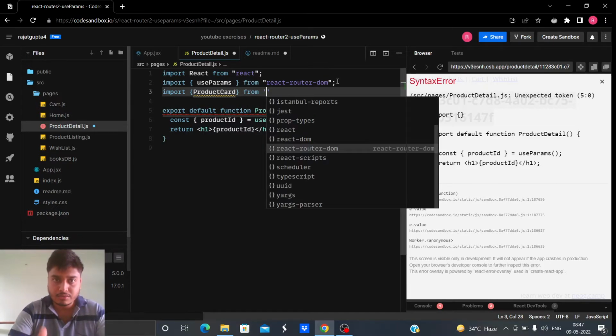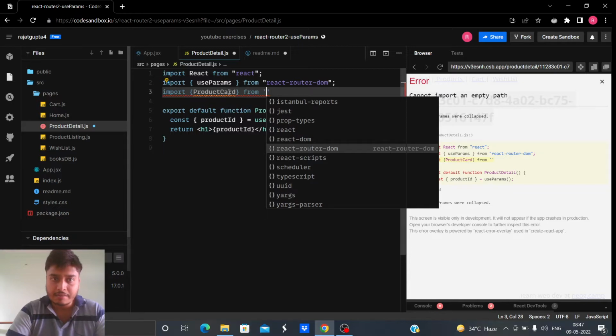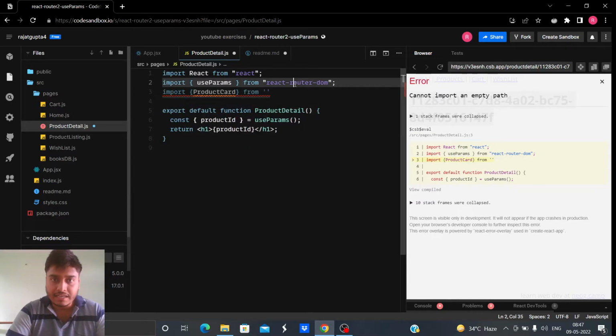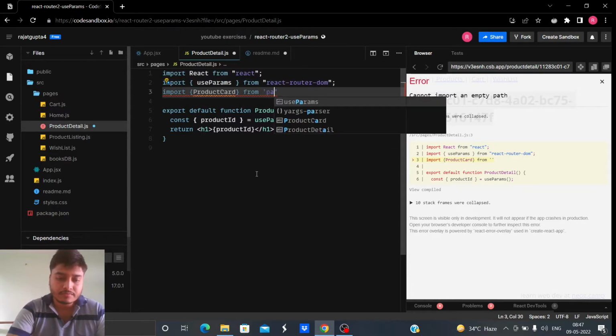I'm making a component, and I'll find the particular product which has this same product ID, and I'll pass that product as props in product card. Then I'll display it in the view. Let me just show you. It's quite easy, no? So import product card from pages.